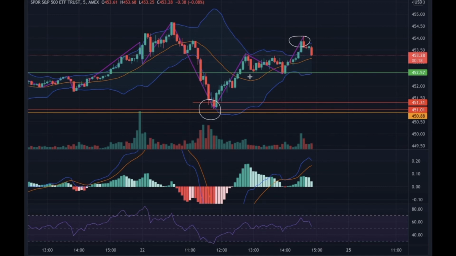Typically, I would take about 2 to 3. But this is what I would pretty much do. So in this case, it broke the middle band and it kept going, and as you can see, you had nice volume and it kept going, and what happened, it touched the top of the band, and at that point you'd cut your profits. You take your profits, and what happened is it came back down